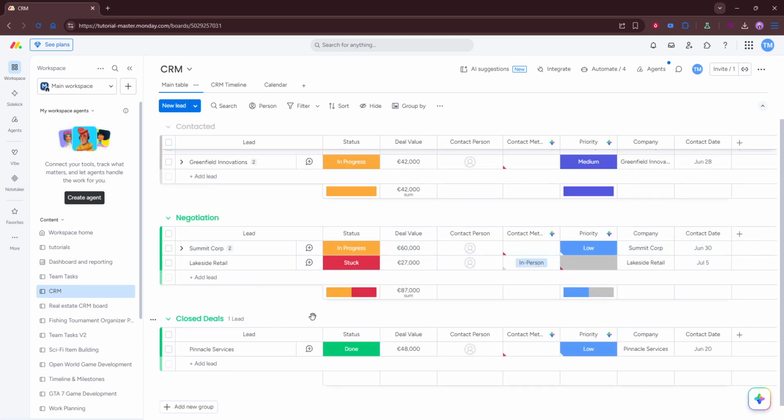From there, use the board to move deals through your sales stages as progress happens. For example, a lead may begin as a new inquiry, then move into contact made, proposal sent, negotiation, and finally closed. Updating stage regularly helps your pipeline stay accurate, and it also gives everyone involved a clear picture of where